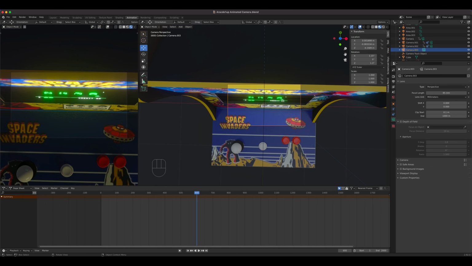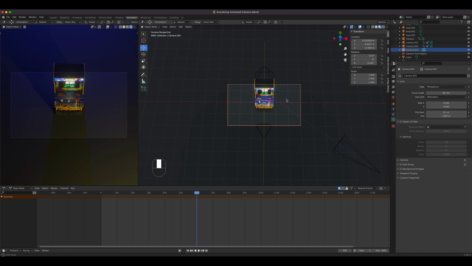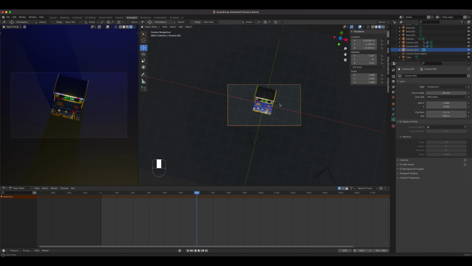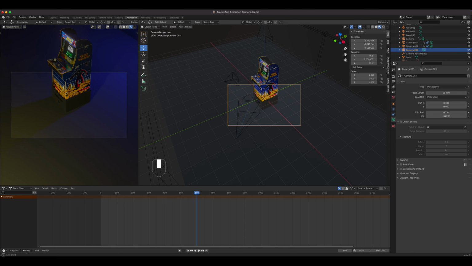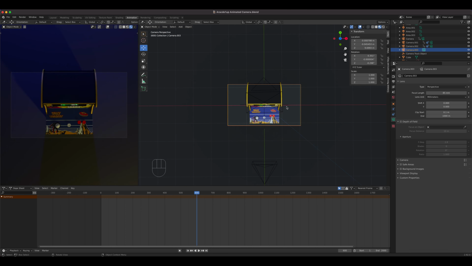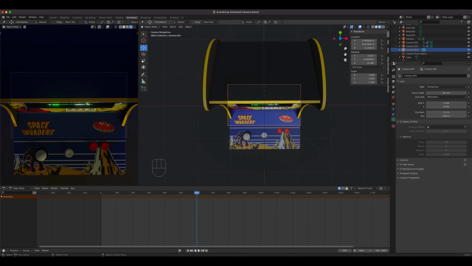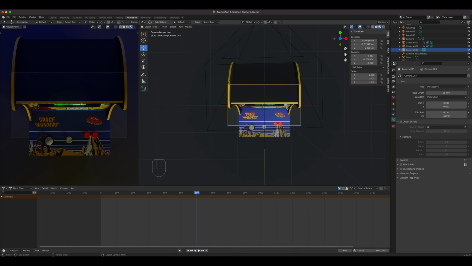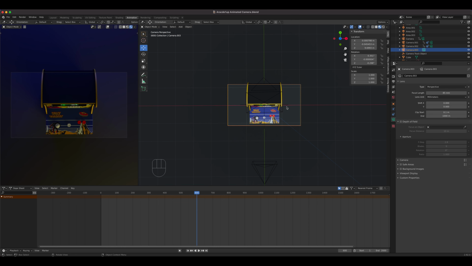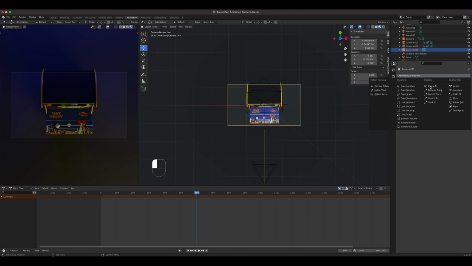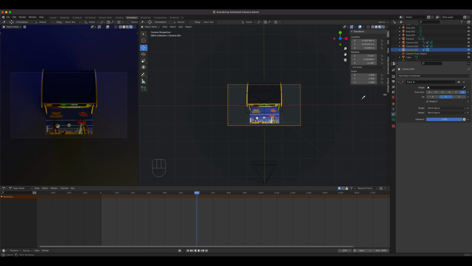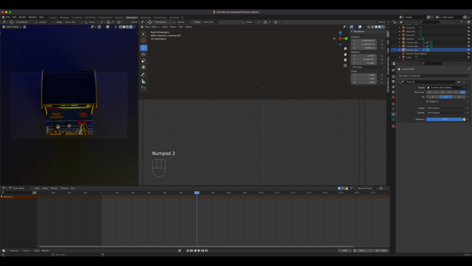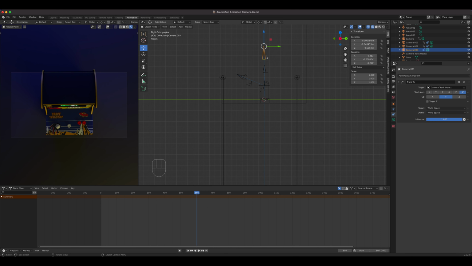Okay, and then let's see. All right, that one ended like that, I think, so we can go now kind of from the top. Something like this. Okay, we're going to track the empty again. Okay, there it is. So let me go to the side in wireframe mode. There's my camera right there. So from 600, let's just kind of do a